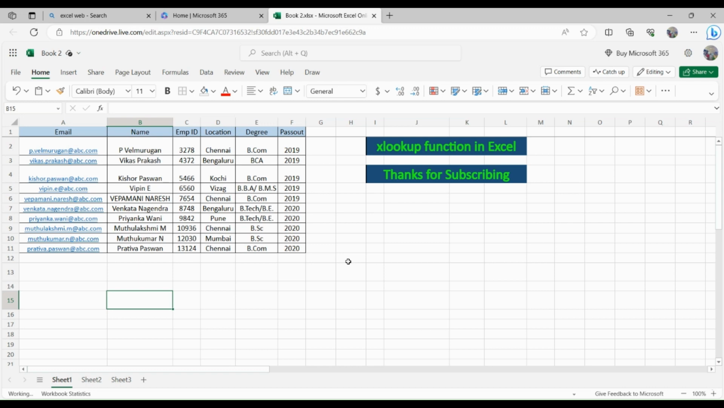Hello all. In this video, we are going to see how to use the XLOOKUP function in Excel. It is an advanced function which can replace all other lookup functions that are available in Excel today, like VLOOKUP,